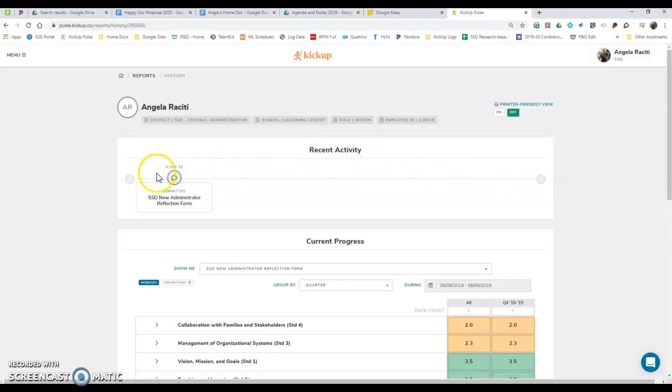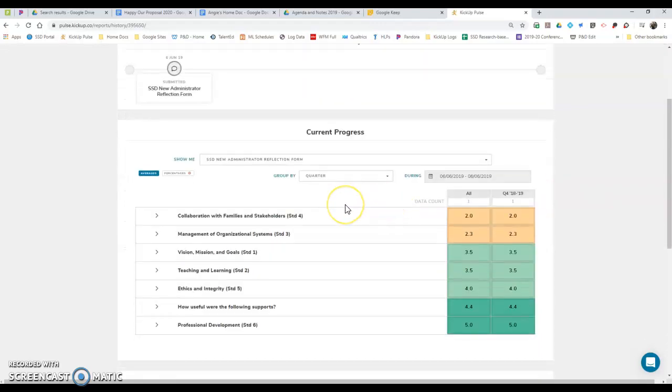One would be the recent activity, and this is really more of a timeline. So once you start to insert logs, you'll see events on the timeline, and as you go, you'll start to see a toggle button here where you can start to toggle between logs and observations. As you can see, this is my